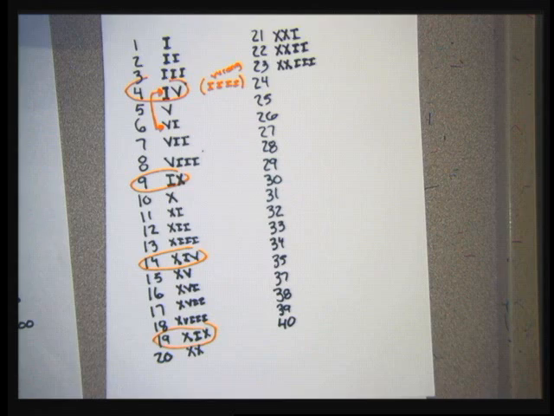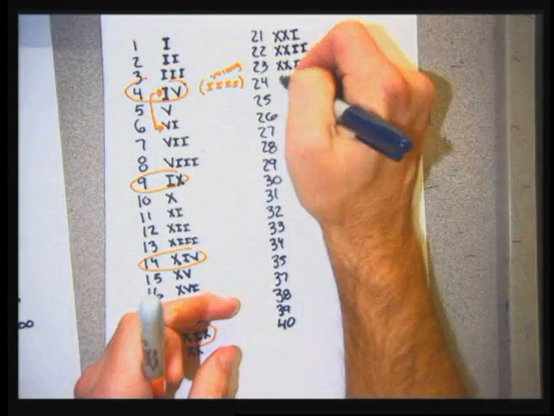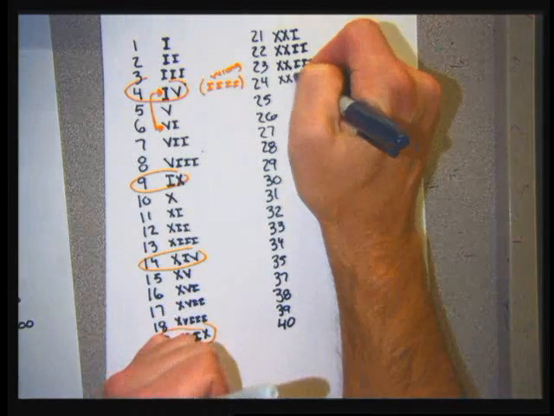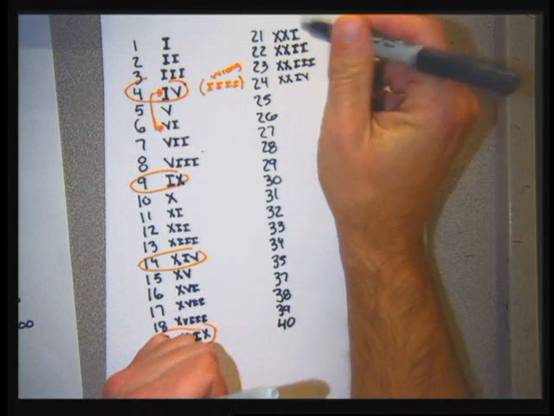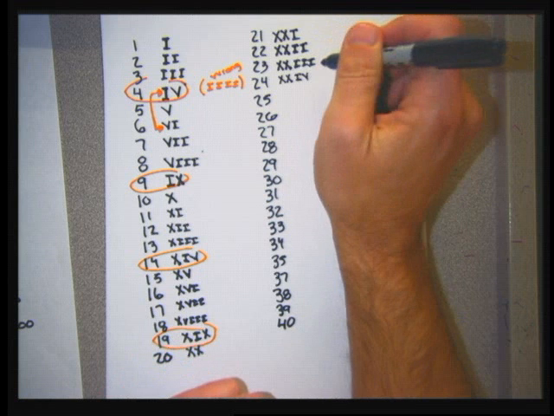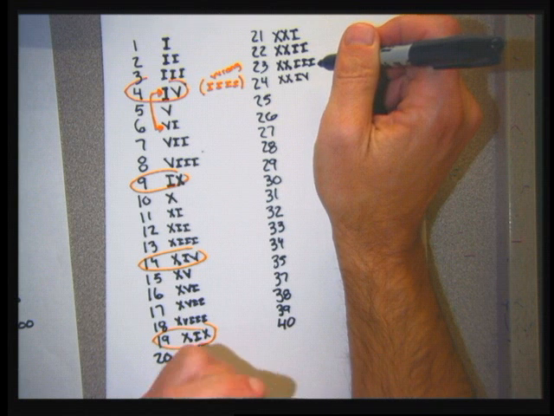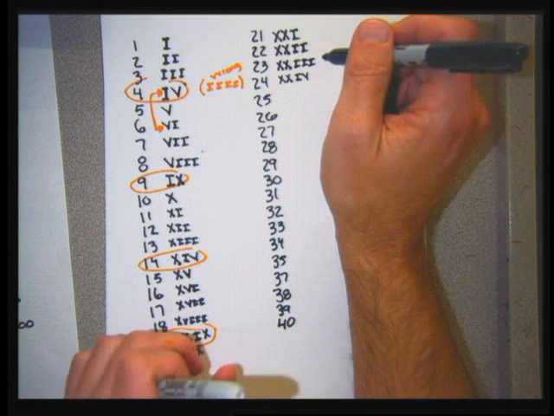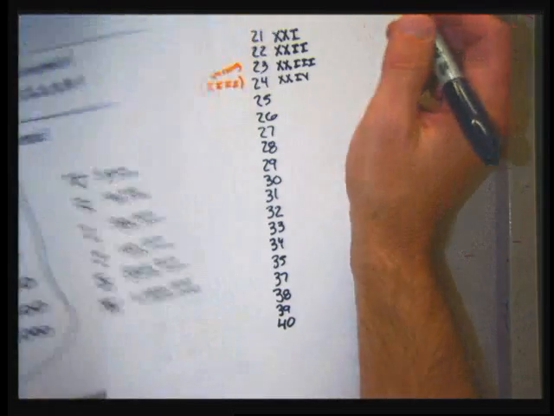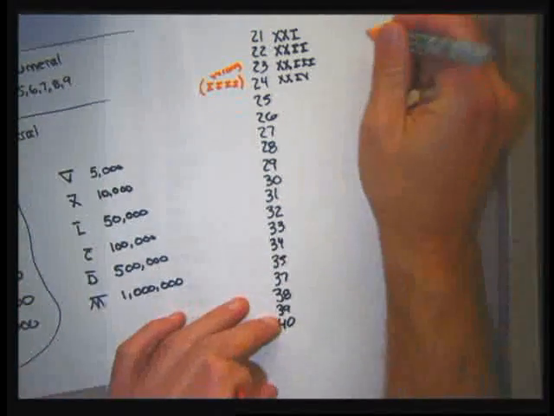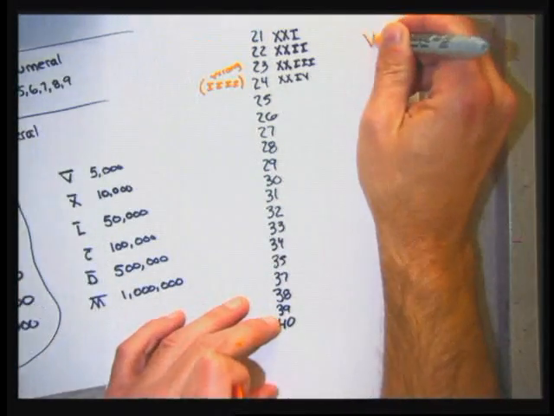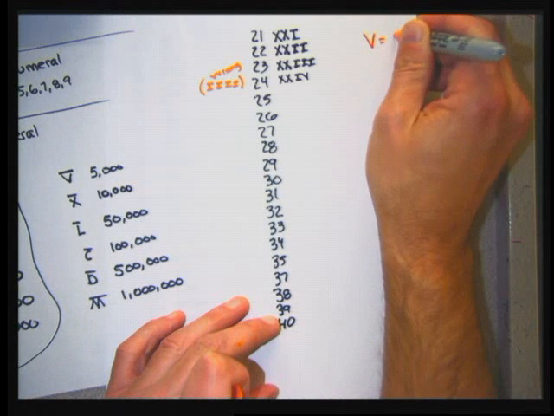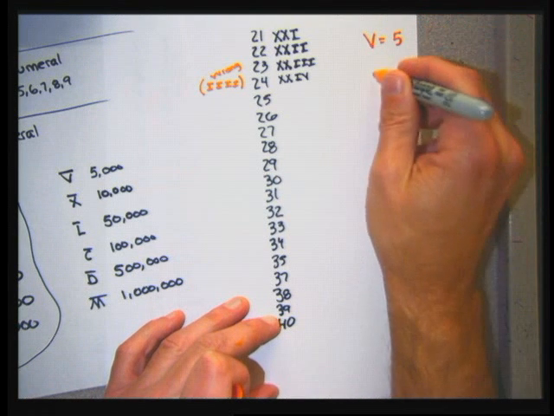For 24, I'm going to think of that as 20 plus 4. I'm going to do a double X for 20, and then an I and a V for 4, because I couldn't write 4 I's. And again, anytime I have a 4 or a 9, I'm going to get something that's backwards. And maybe I should talk about the backwards numbers before I fill in this sheet. So in general, Roman numerals, other than I, I see V,